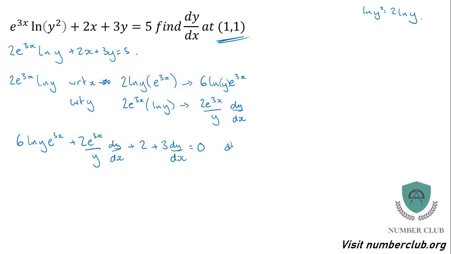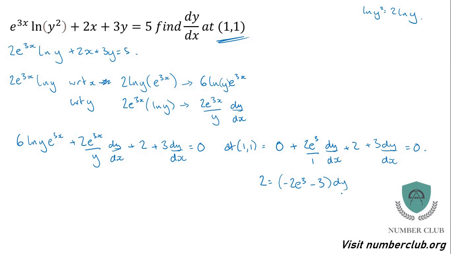So at 1, 1, we get 6 natural log of 1. Now the natural log of 1 is 0, so we're going to get 6 lots of 0, which doesn't really matter. We'll get 0, basically, plus 2e cubed over 1 dy by dx plus 2 plus 3 dy by dx will equal 0. So I'm going to move all these things over, make them negative, so 2 will equal negative 2e cubed minus 3 dy by dx, and so dy by dx is going to equal 2 over negative 2e cubed